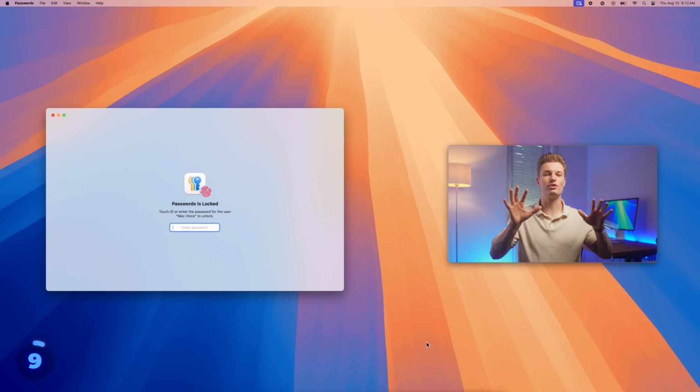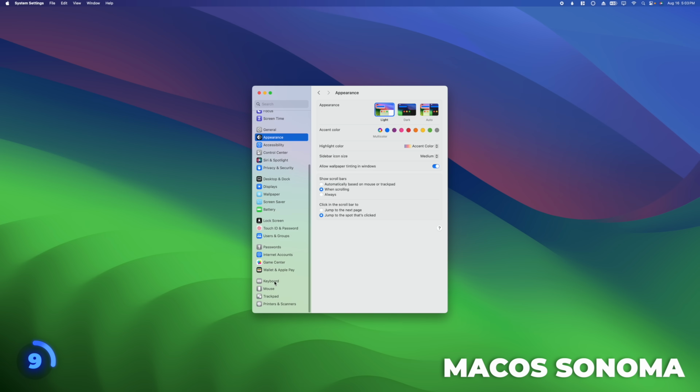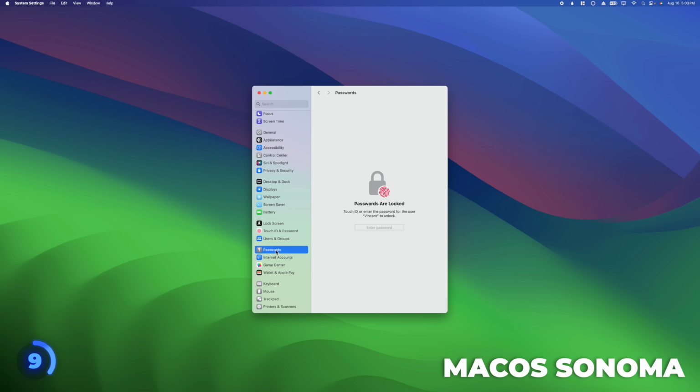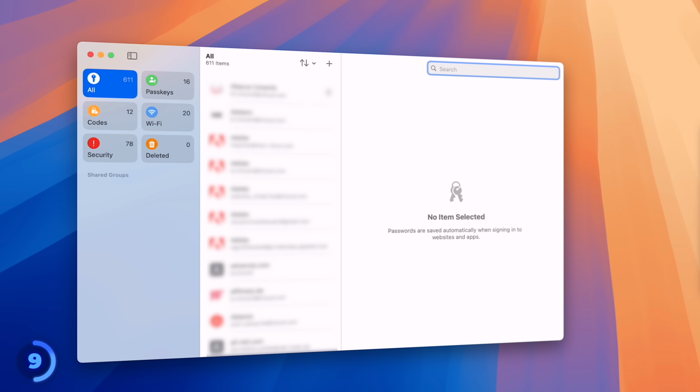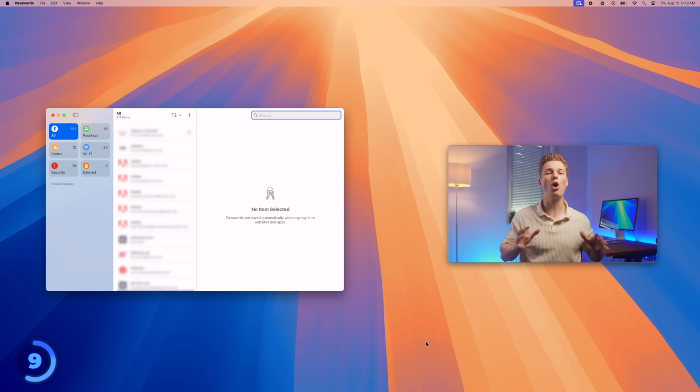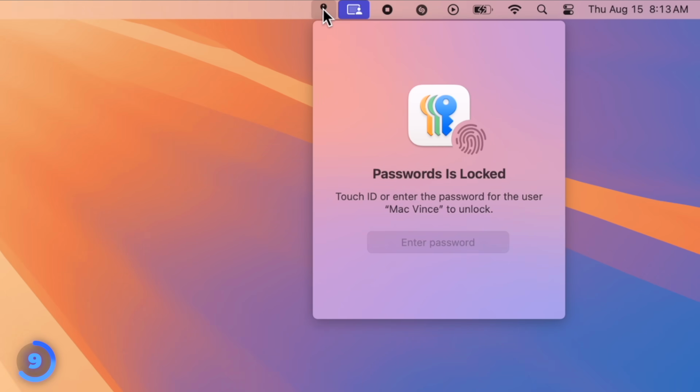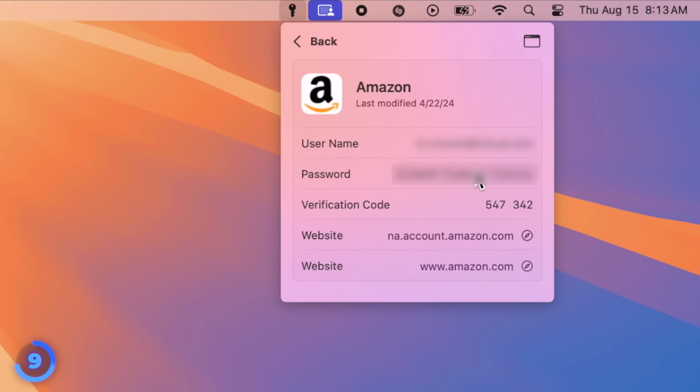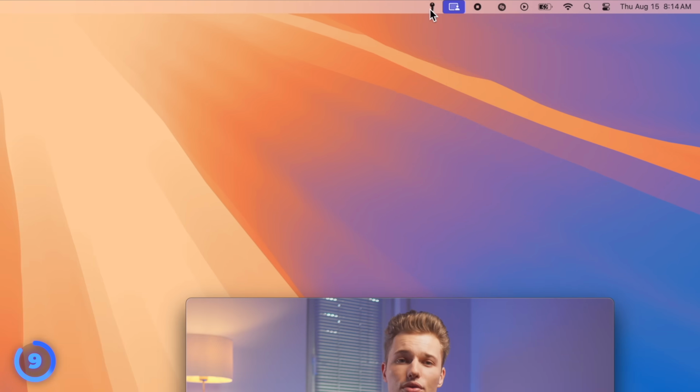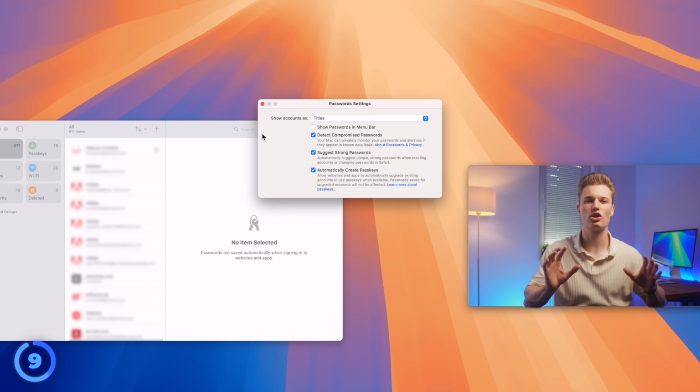quickly talk about the new Passwords app. Though its most useful feature is actually switched off by default. Just for context, previously all your passwords were stored in Settings. Now they move here into its own dedicated app. But here's the thing, I never open it because I can grab all my passwords and authentication codes right from the menu bar. Look, if you want to have that too, just go to the app settings and check Show